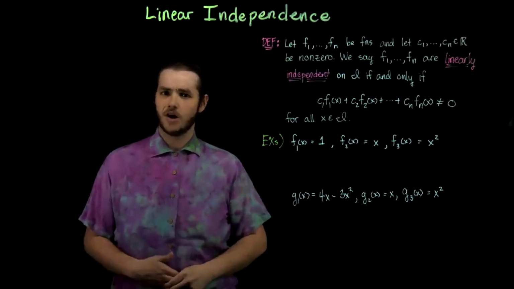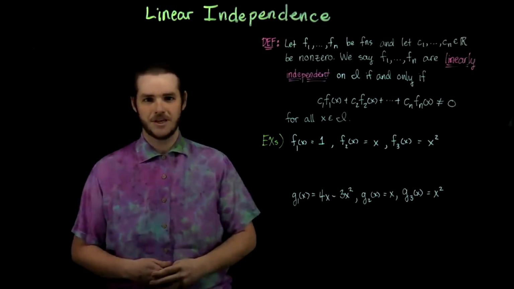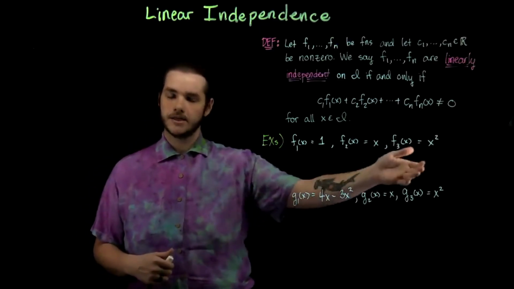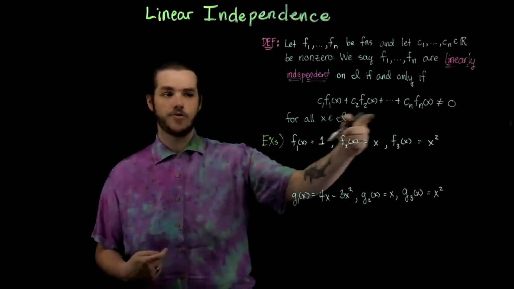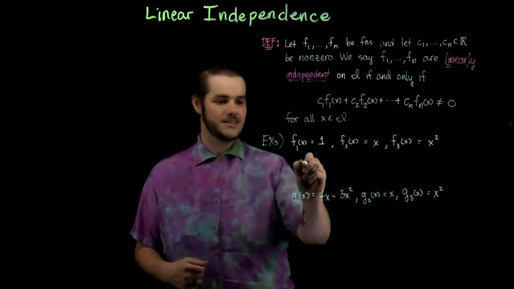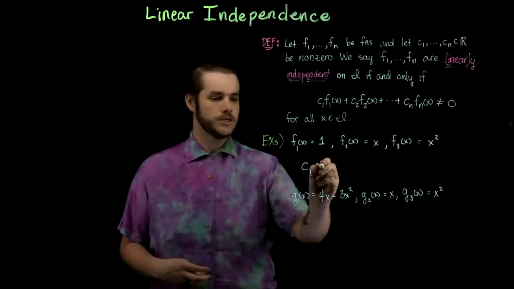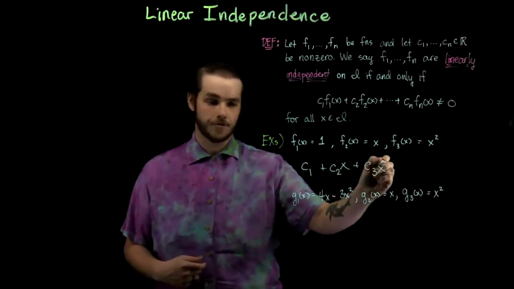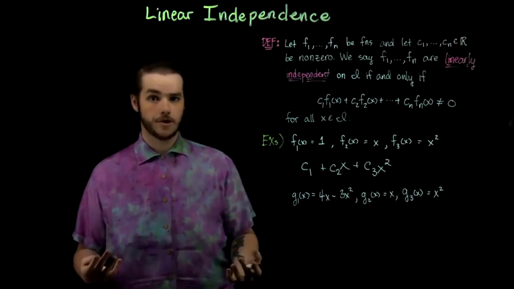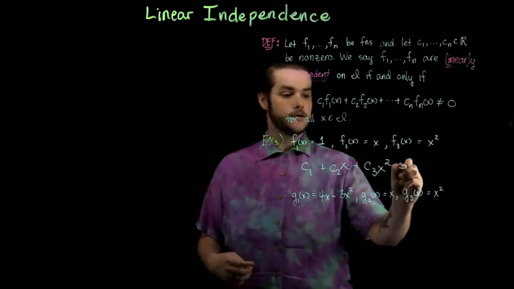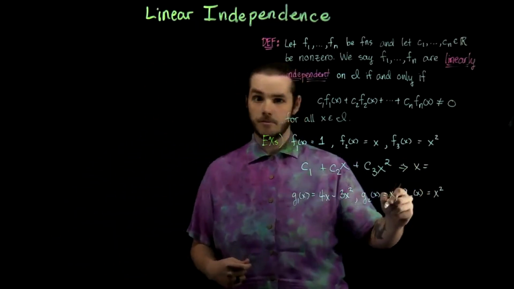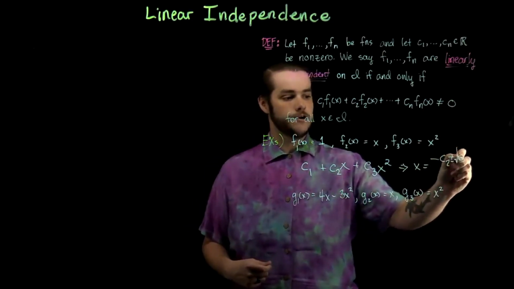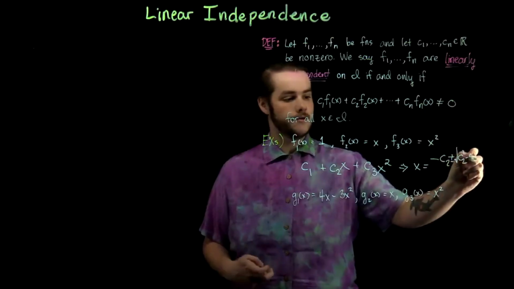Up first, I actually have the harder thing to do, which is to show that things are linearly independent. But here's a simple case. If I have the functions 1, x, and x squared, and I add them all up in a linear combination, that means I take c1 times f1 plus c2 times f2 plus c3 times f3. I get a quadratic equation. And we actually know the solution to this guy from the quadratic formula, right? It's negative b plus or minus the square root of b squared minus 4ac